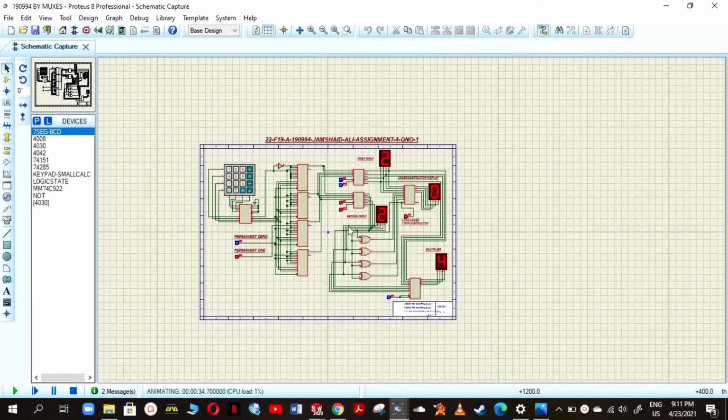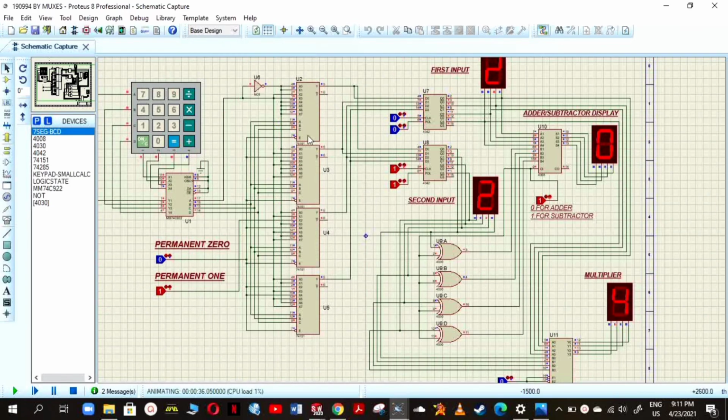So this is our basic circuit. Here we use four 8 cross 1 muxes for the correction of our keypad and 2 D latches for storing both inputs one by one. Then with the help of two ICs, adder and multiplication, and with the help of an enabler, we convert into a subtractor IC, and by the help of these three conditions, adder, subtractor and multiplication ICs, we will get our operations, which are addition, subtraction and multiplication.